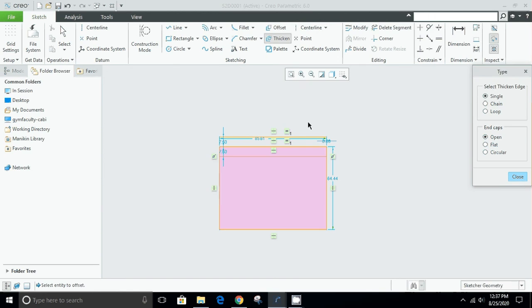Okay, so you can see two lines from the center line have been drawn. So thicken command will do like this. If I select flat ends or circular ends, for example,